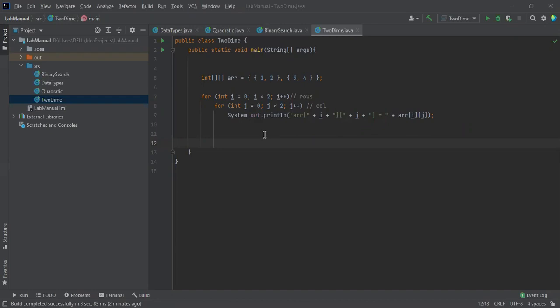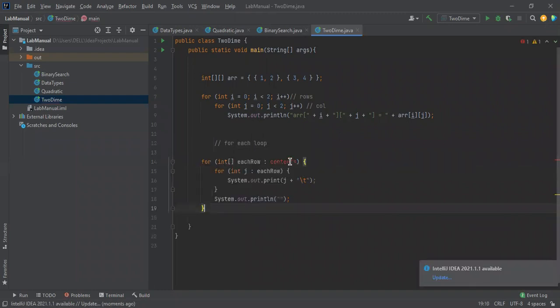See this, which is a very easy method, the for-each loop. Instead of using a for loop, we can use a for-each loop, which is an easy concept for us to access each and every element inside an array, whether it is two-dimensional or three-dimensional. Okay, these are all the contents. What are all the contents over here? ARR. So each row we are going to assign to the loop variable. So this is the column.